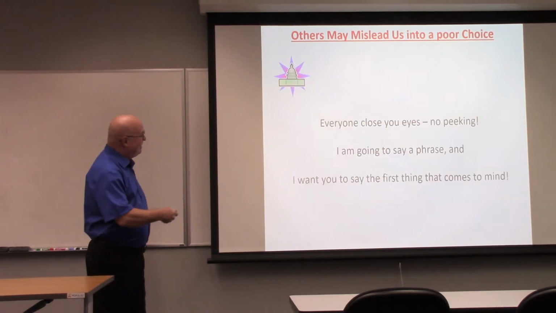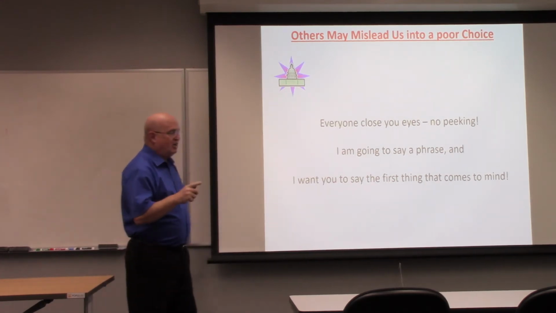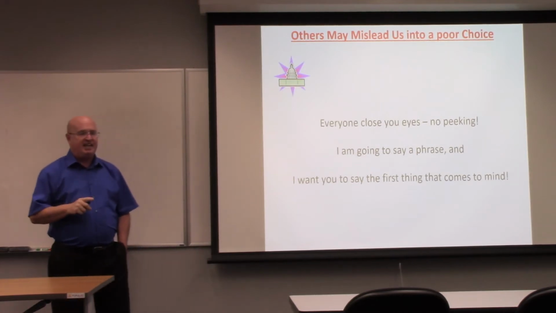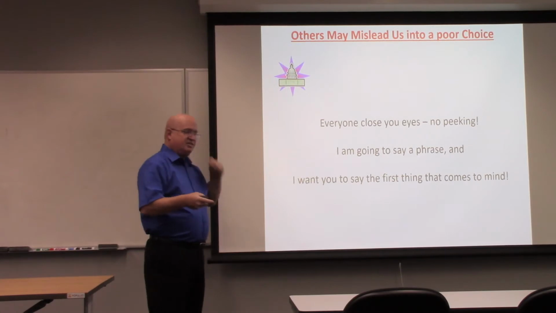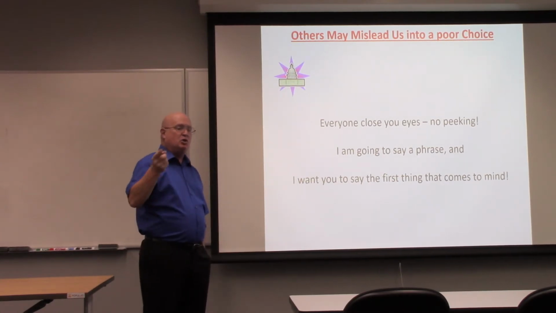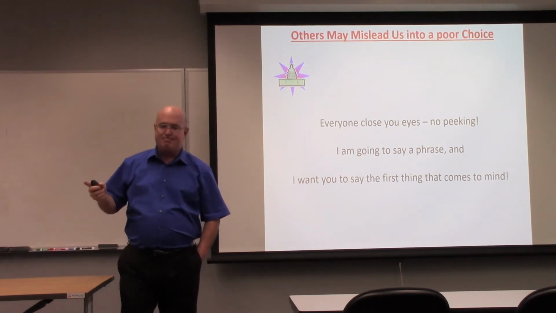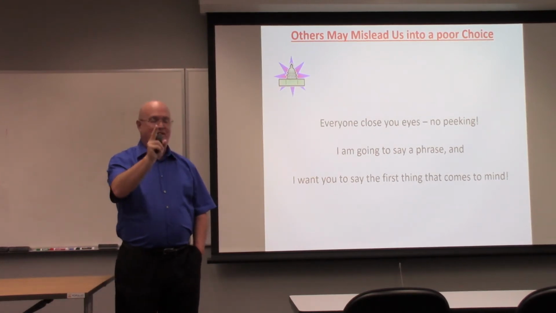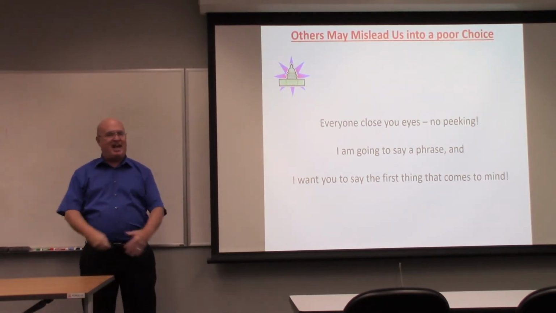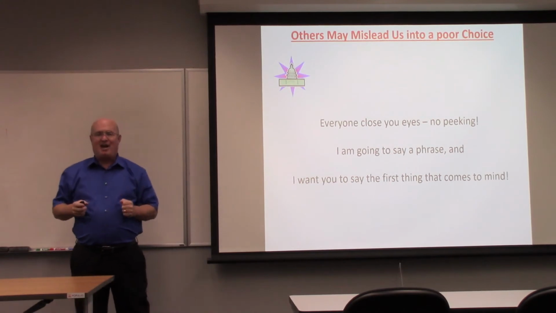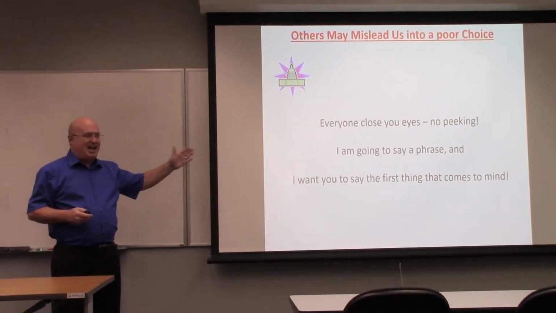Now, we're going to take a look at 7 specific things that could cause us or other people to give us bad decisions. The first one is, I want you to close your eyes. Now I'm going to say a phrase, and if we were in a classroom, I'd say, tell me the first thing that comes to mind. I'm from the government. I'm here to help.